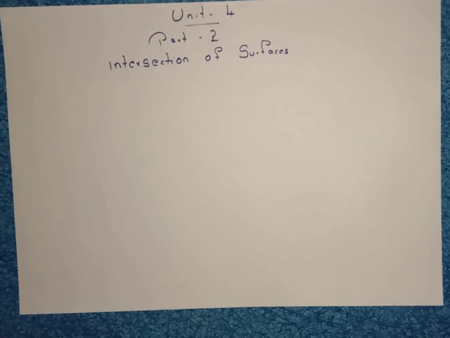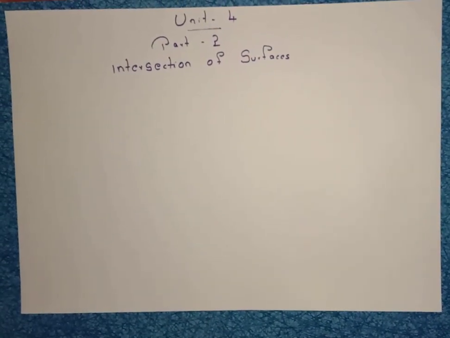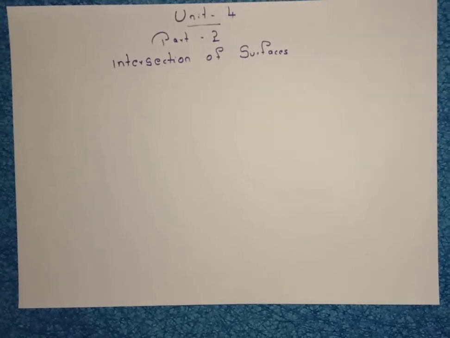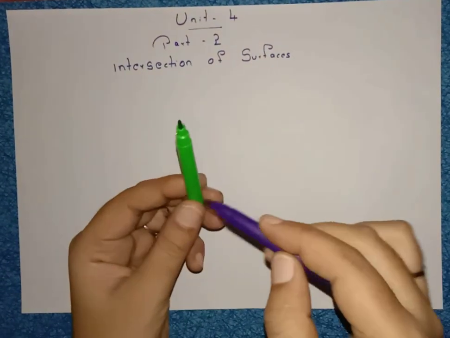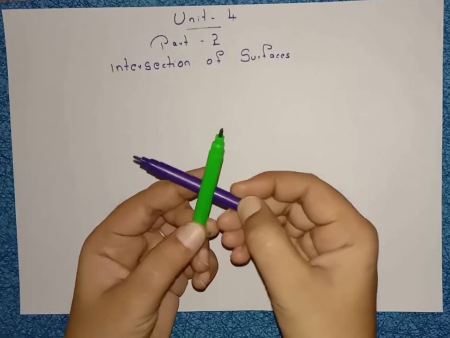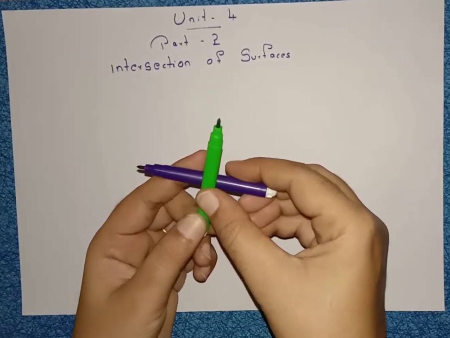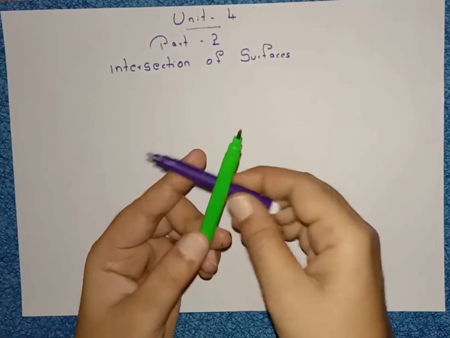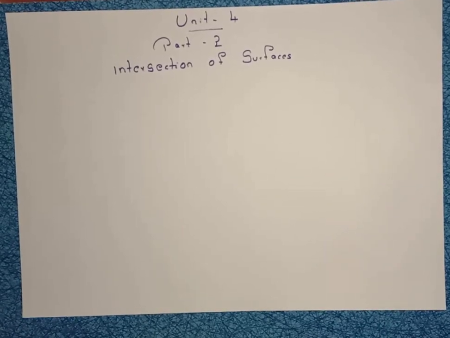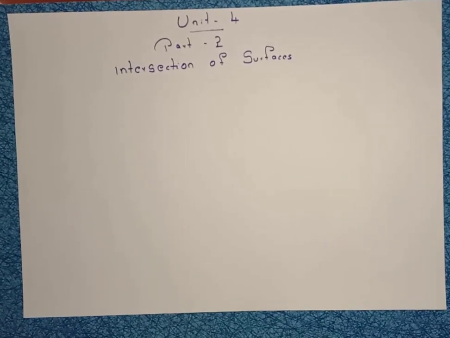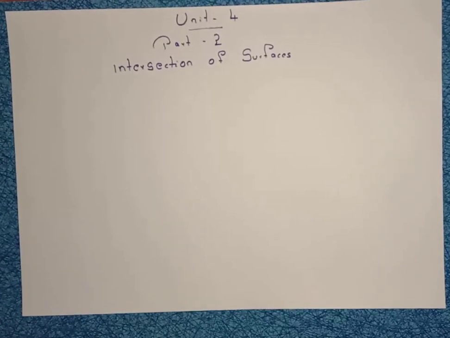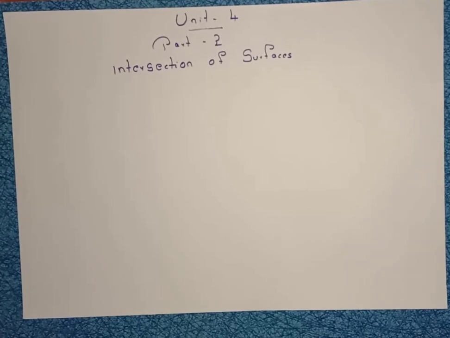So, what is intersection? Intersection is when a solid penetrates into another solid. I'm taking two solids, and when one solid penetrates into another solid, this is nothing but intersection. The middle part is the intersection. Take examples like funnels, chimneys, towers, storage vessels. All of these are examples of intersection of surfaces.